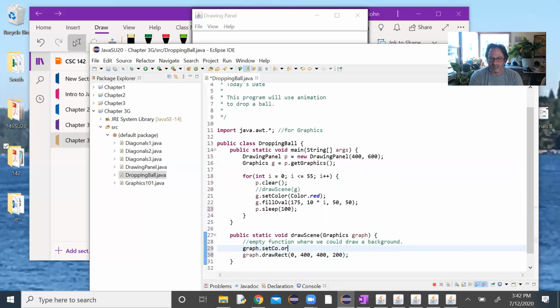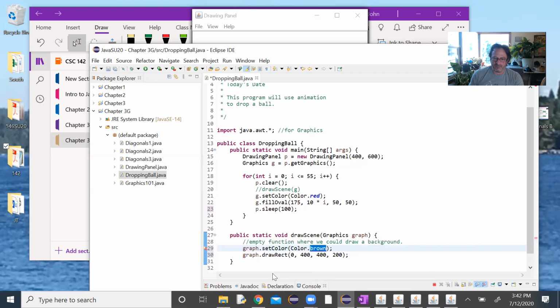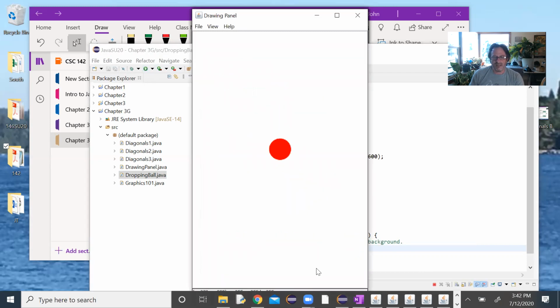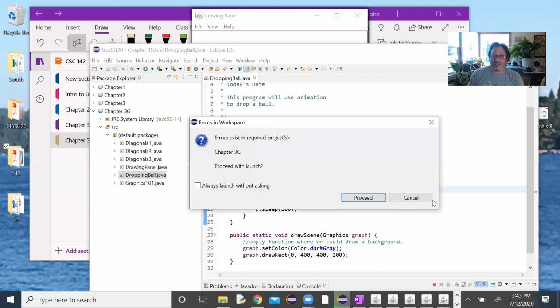Graph.setColor. We can make it any color we want. Let's go with brown. So now I didn't like that. Sure, let's go dark gray. And that's going to have, where's our rectangle? Oh, I never called the function. So I wrote the function, but I still have it commented out. So it never drew that rectangle. But now, and maybe this is more than just a rectangle. Maybe that's the ground and we have a tree, and